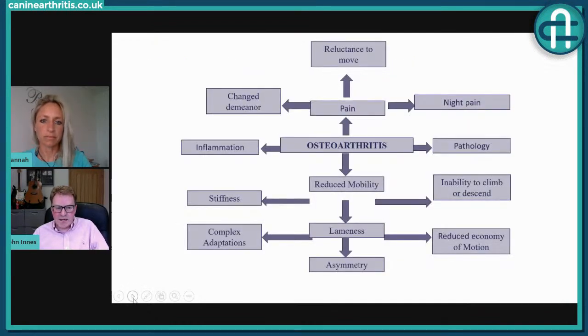Okay, so I guess, Hannah, I was going to go on and talk a little bit about how we can sort of capture the effects of osteoarthritis on dogs. And I mentioned that the biology of osteoarthritis is complex, but so is trying to measure how bad it is. And this is again a very simplified slide. Osteoarthritis at the center of it, but think of all the changes that it induces in our dogs.